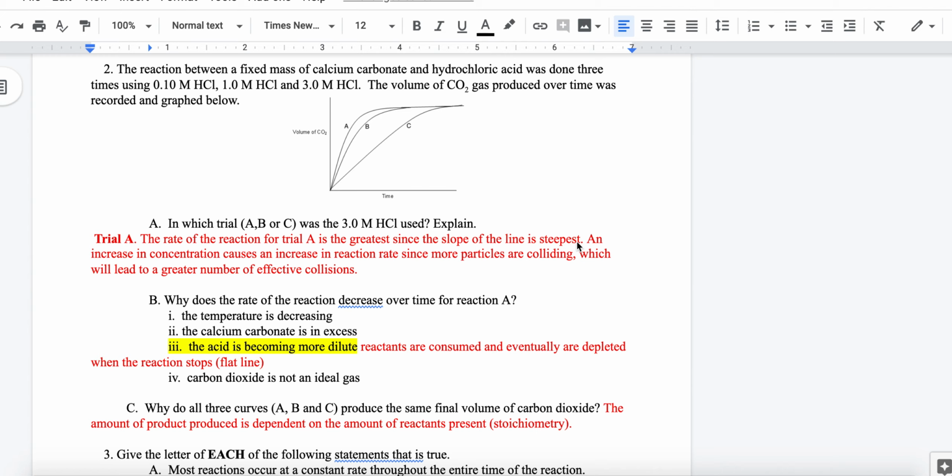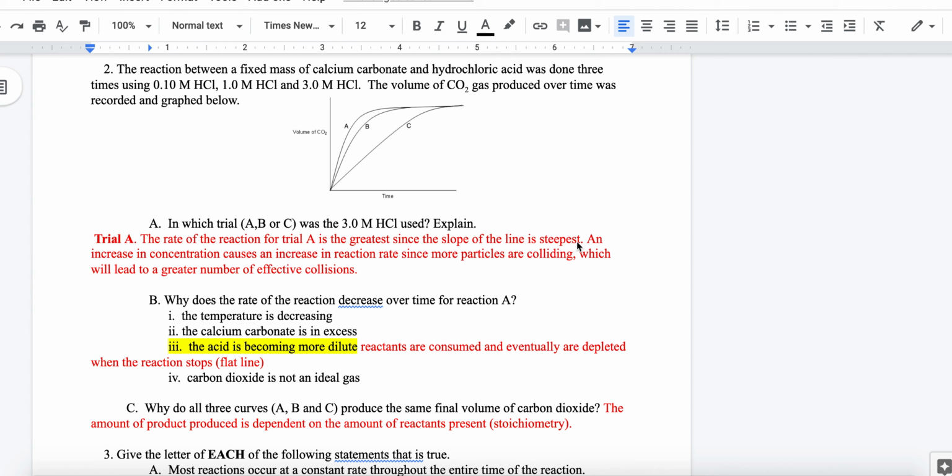In part A, the most concentrated acid, 3 molar, would result in the rate of the reaction happening the fastest. So we can see from the slope of the line, which is indicating rate, the change in volume over change in time. The slope is the steepest for trial A,